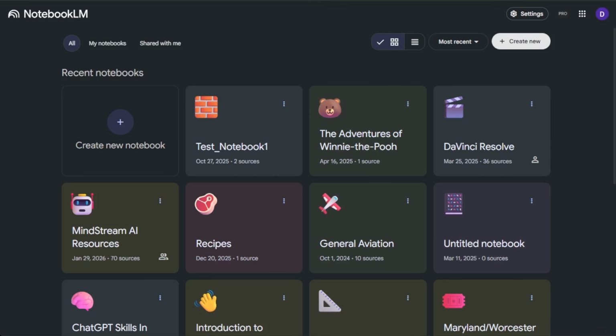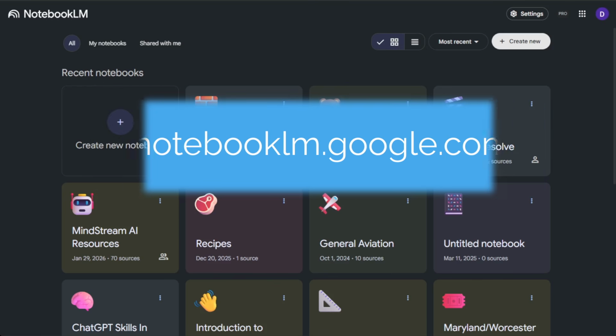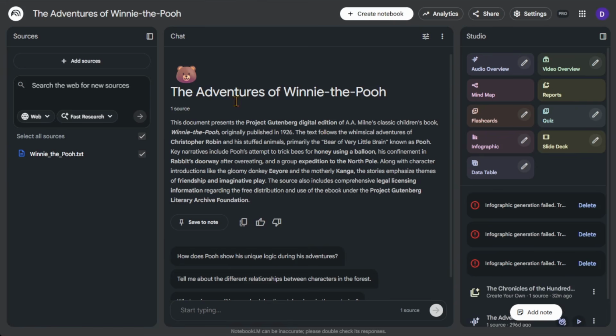But if you want to follow along, if you go to notebooklm.google.com, you get here. This is the home page, and either you have notebooks created already or you create a new notebook. So what I did first was I went into this Winnie the Pooh notebook, and this is something that I got from Project Gutenberg, which is basically a site where it has a bunch of works for free, books and just written works. So I've had this in here for a while, and it's like, okay, this will be a really good one. There's only one source. If you want to do this, you have to have at least one source added and